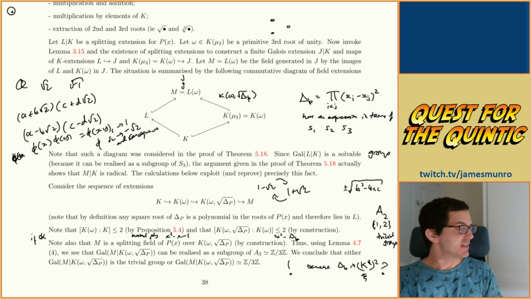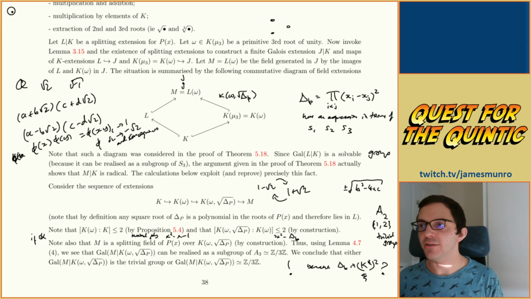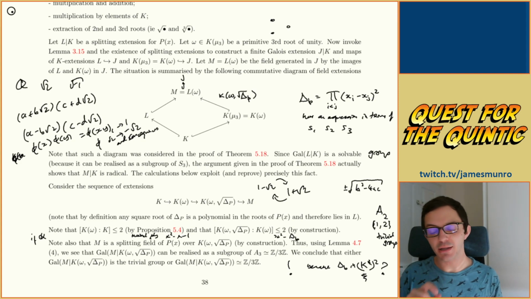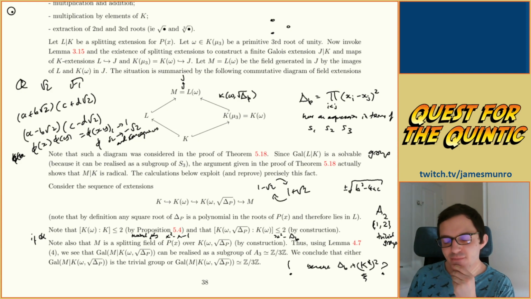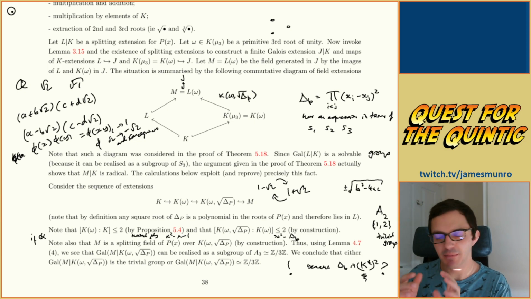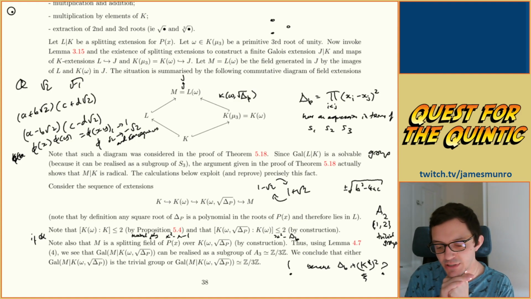Is this the case then? There's always kind of a little bit of flip-flopping. Your Galois group can maybe, no, I don't want to say always, but can maybe do different permutations of your roots where it permutes them in such a way that the discriminant